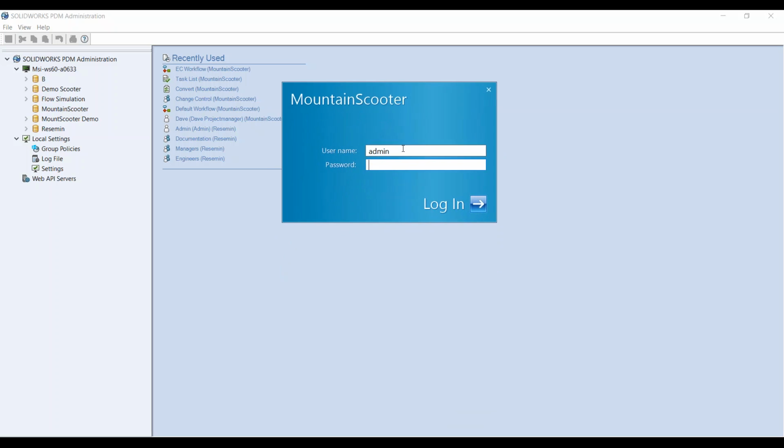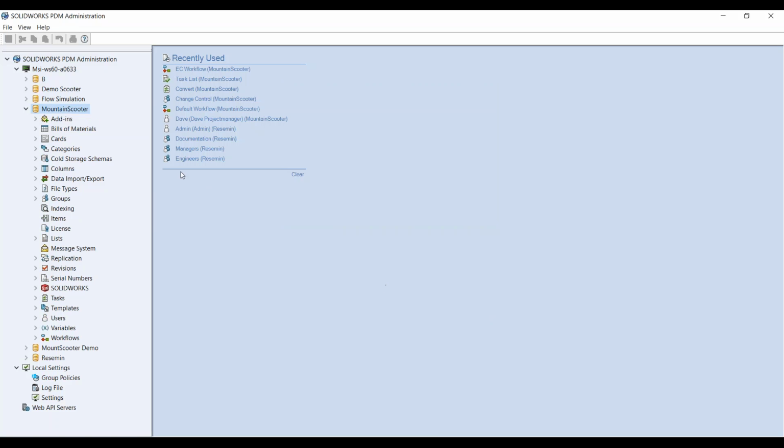And as you can see, even as an admin, every time you come to this vault, you need to have a username and password. It comes from the level of access that you have been given by the admin. But usually the admin has the right to do everything to your vault. If I log in, as you can see, there are so many different categories that you can customize and categorize based on your